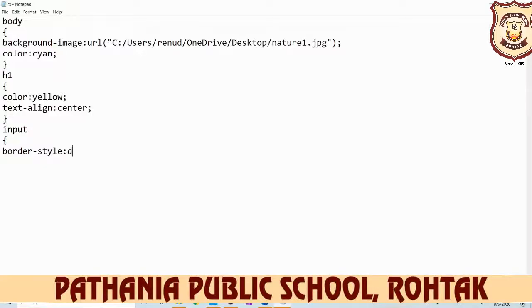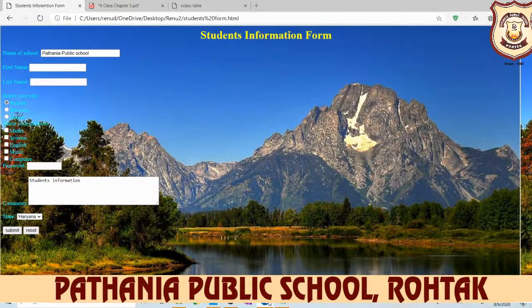For example, we want the value dotted, then terminator, then close the curly braces. Write it on the next line so visibility is more. Then you save it, open your browser again and refresh it here.